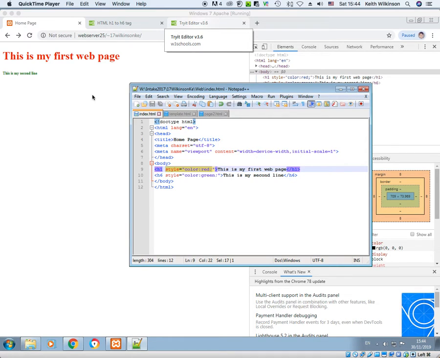Another thing we can add to a web page is a paragraph. The majority of the times what we're trying to do is just lay out a web page and then style it. And one of the ways we can lay out our text is with a paragraph. So I'm going to get rid of this